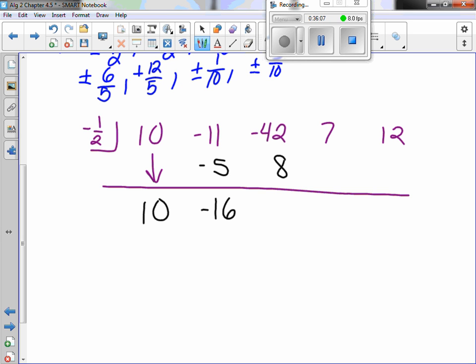Negative 42 plus 8 will work out to be negative 34. Yes, 34, thank you. I was thinking 6 in my head and I didn't subtract it right. So negative 34. Negative 1/2 times negative 34, negative and negative make a positive 17. Plus 7 is,